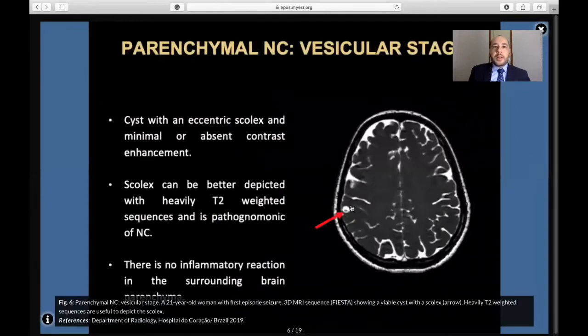In the vesicular stage, a cyst can be characterized next to the gray-white junction with a thin margin with little or no contrast enhancement. A scolex can be seen within the cyst, and this is pathognomonic of neurocysticercosis. Heavily T2-weighted sequences are very useful to depict the scolex, and there is no inflammatory reaction in the surrounding